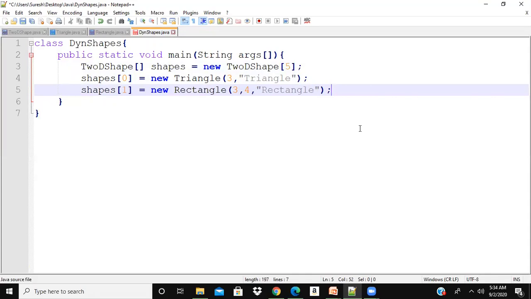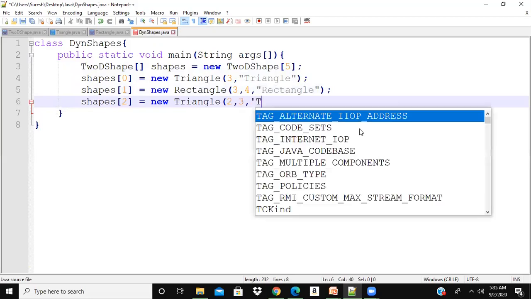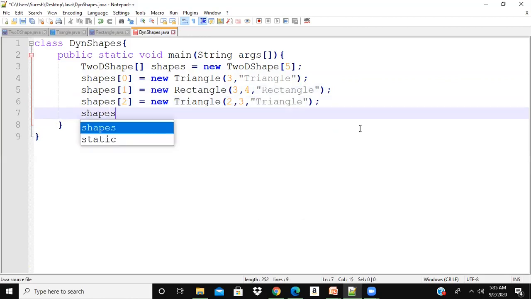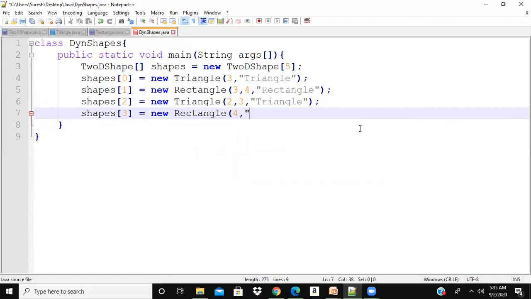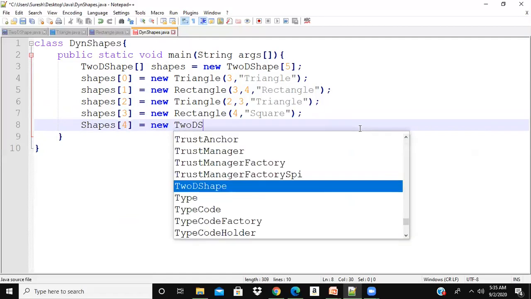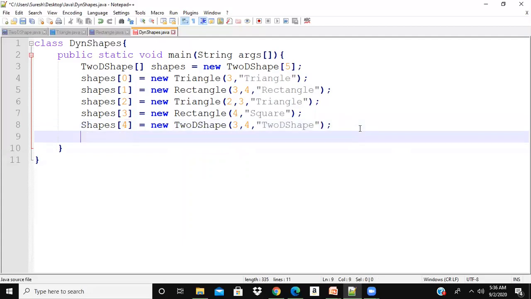Okay, so we can make some changes to the constructors and we can pass additional parameters or other things also, that is also possible. shapes[2] is equal to new Triangle. shapes[3] is equal to new Rectangle, passing only one argument. shapes[4] is equal to new 2D shape, I'm just creating a 2D shape. Okay, so we created 5 different objects.